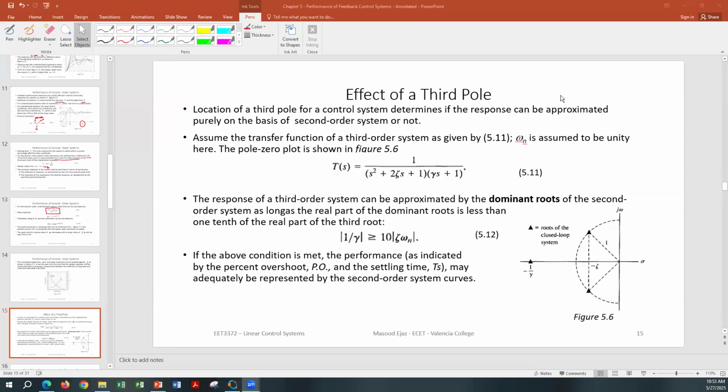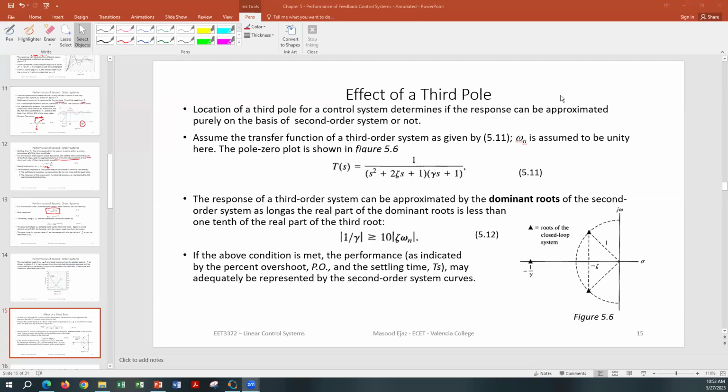Okay, so the second order system we just discussed. In this topic, we are seeing how the second order system is going to be affected if we add one more pole, that is one more factor in the denominator. We make it a third order system. So we do have, as you can see, two factors. One factor represents the second order system, 1 over s square plus 2 zeta s plus 1. Specifically in that case, omega n is equal to 1. And then we added another pole,